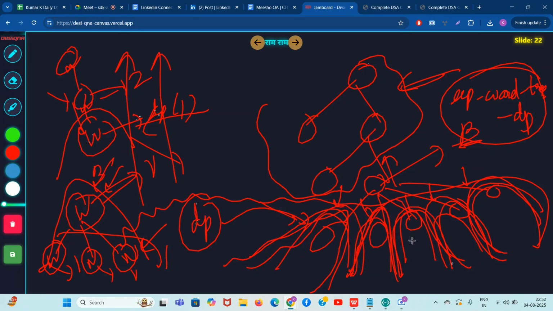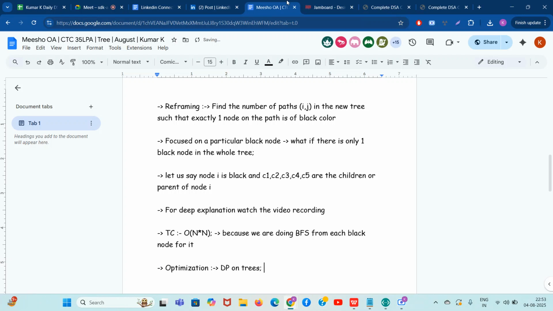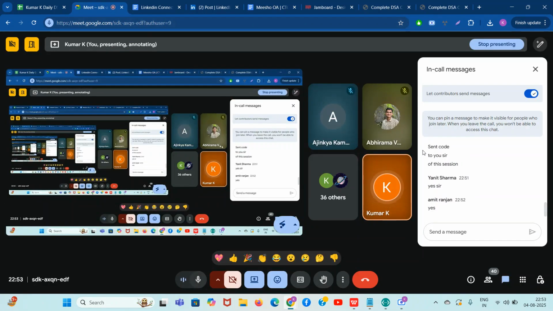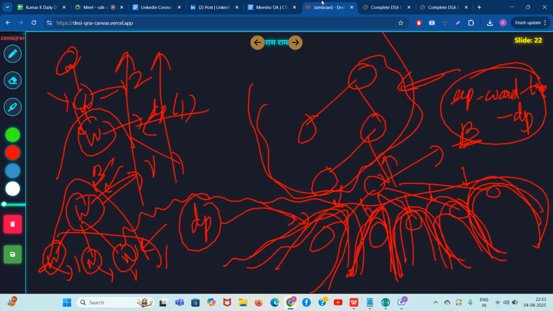Calculating the children's DP is not a big deal. Upward DP will be a little painful. Once that is done, the optimization will be done. That is the kind of problem this is. So DP on trees plus what I call upward tree DP, and that's it, guys. We are going to discuss that in the next session. And one more thing: in a similar problem, the Uber SD interview problem, we also left the part where we had to do the upward tree DP. So I think we should cover that also. Okay. So